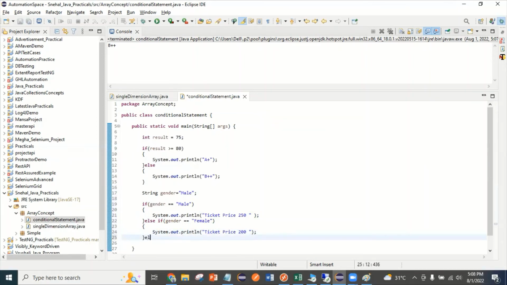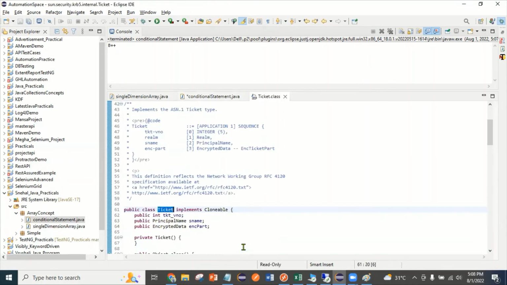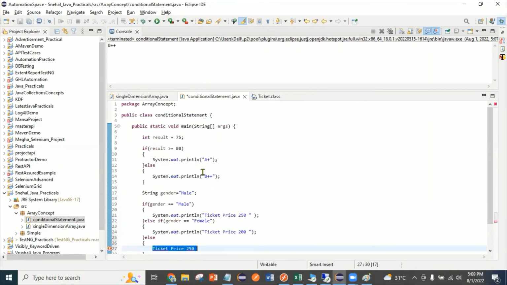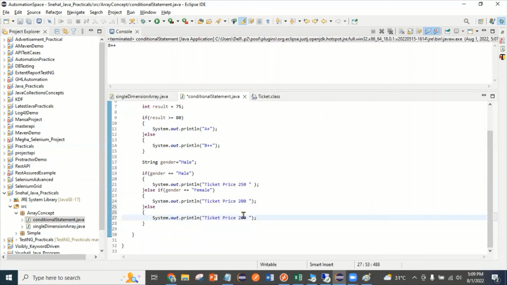And the last else, अगर फीमेल नहीं है मेल नहीं है, अगर किड्स है तो ticket price will be 100. Okay. So now over here, what information do we have? This is our value, right? So if I run this one,